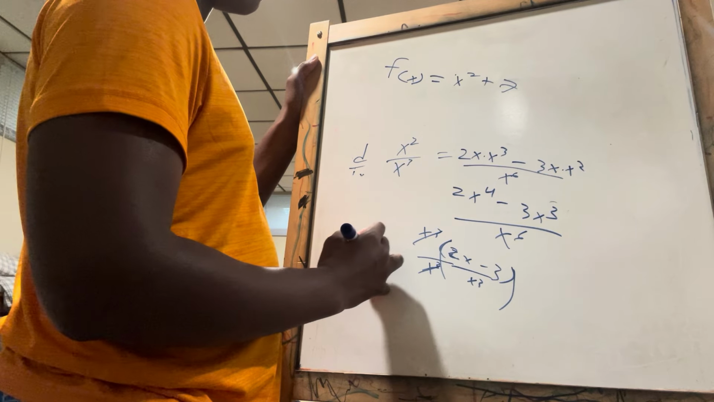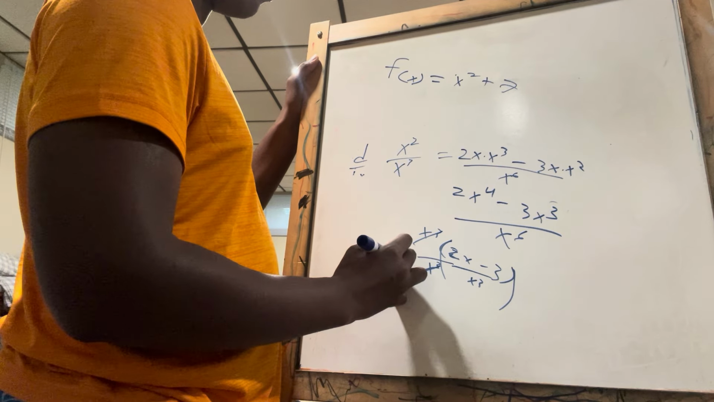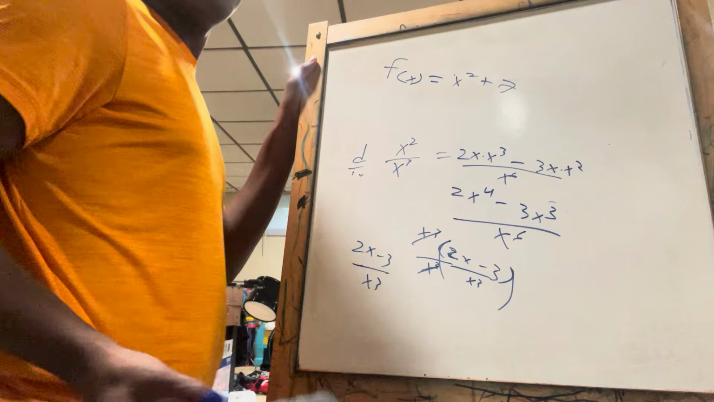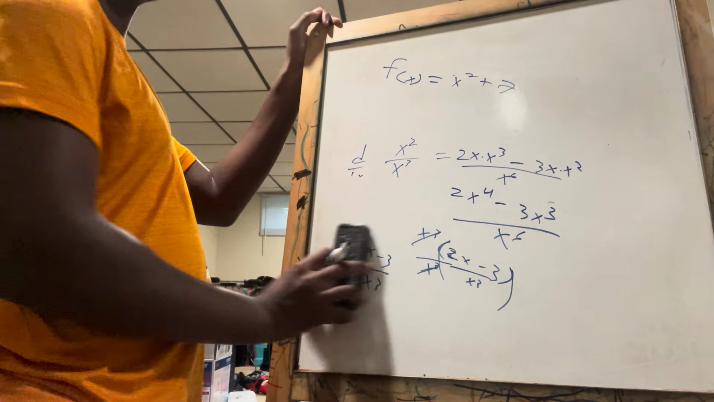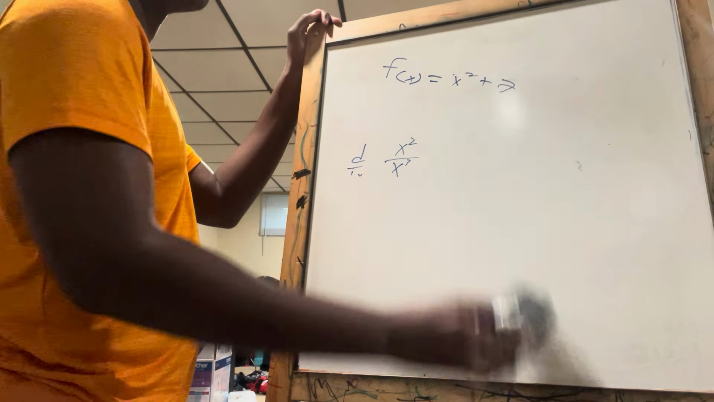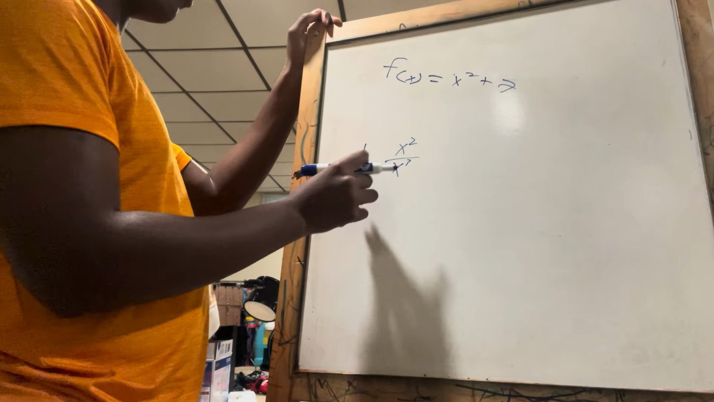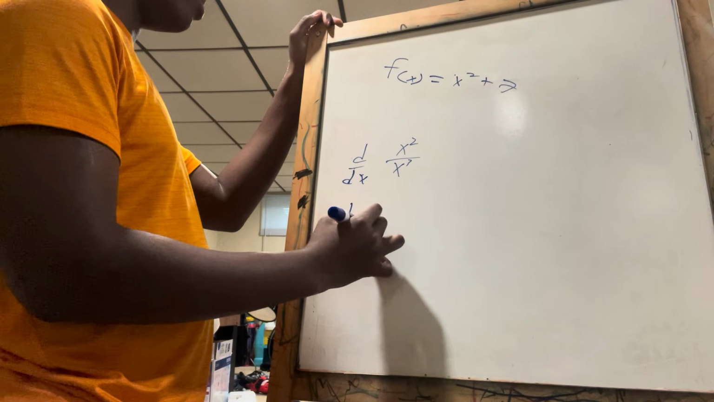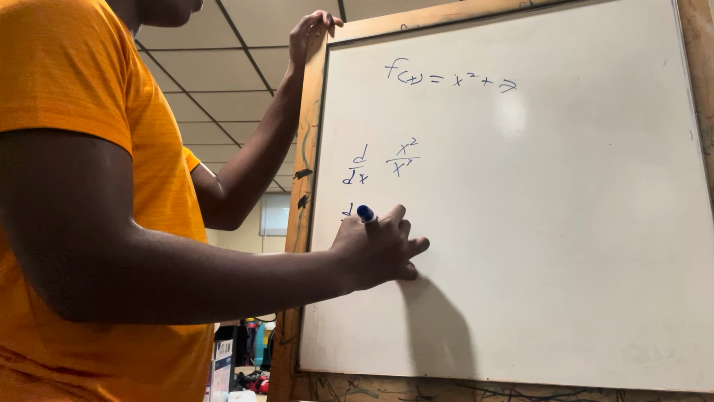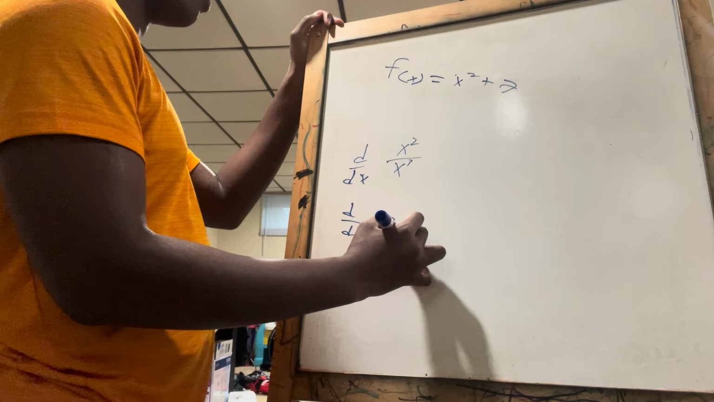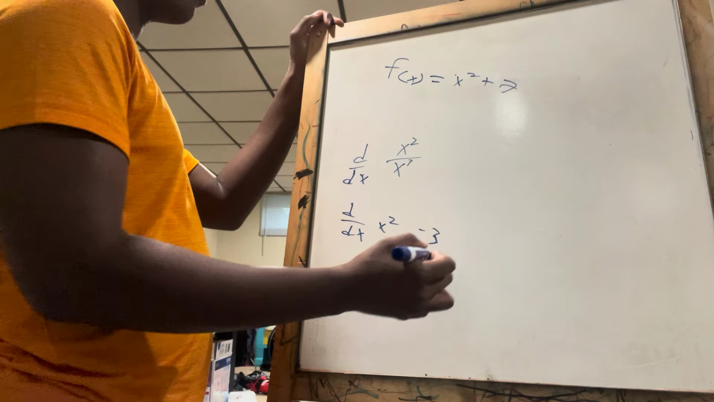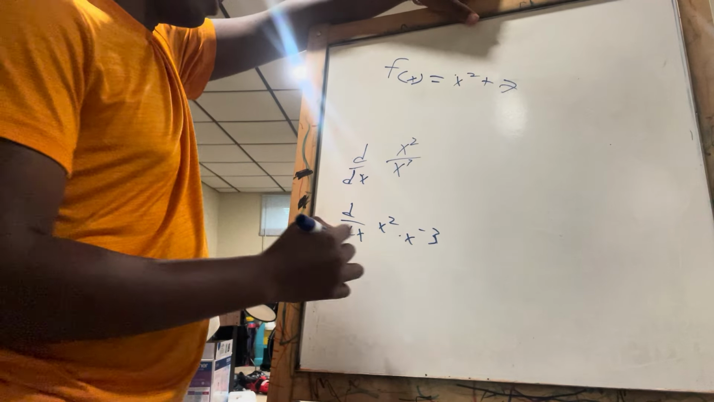Cancel those out, so your final answer would be 2x minus 3 over x cubed. Now the thing is, for any quotient, you can just turn it into terms of the power rule. So it could just be d/dx of x squared times x to the minus 3, right? Which would then just be